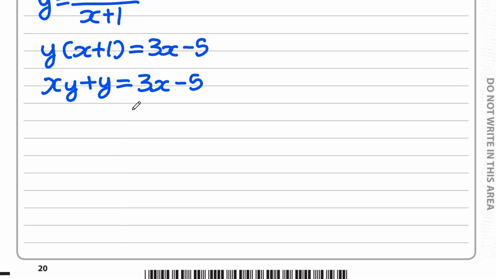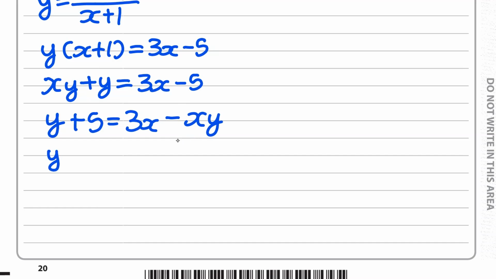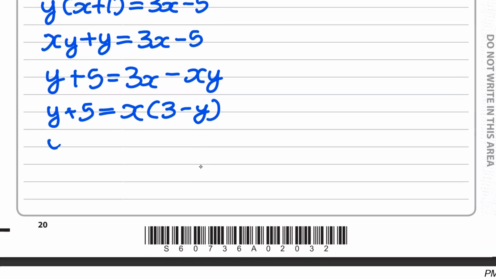So this y will still be here, and then let's move this minus 5 onto this side, so it will now be plus 5, and then this is going to be equal to, and we got all the x terms onto this side, so we're still going to have this 3x here, and we're going to move this xy onto this side, so now it's minus xy, like this here. And then we're going to say that y plus 5 is equal to, then let's factorize x out of this, so it's going to be x times 3 minus y, like this here, and then divide both sides by 3 minus y, so we get that y plus 5 over 3 minus y is equal to